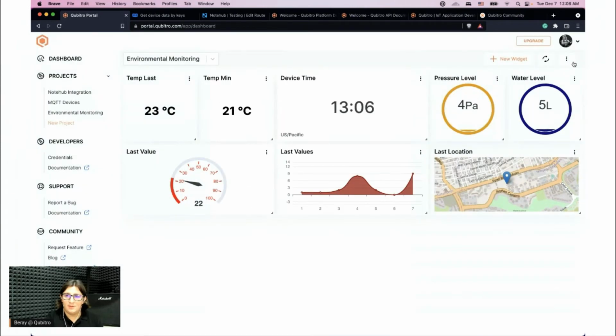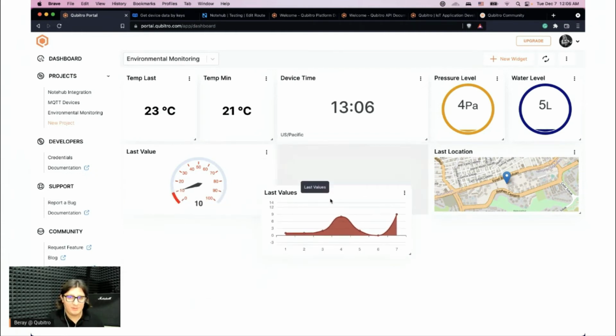And this is an example dashboard that we prepared from several devices. These devices connected through MQTT. These devices were also integrated from the Things Network, of course, as well as Notehub for this demonstration. But the idea is you can easily visualize all these values, no matter where they are coming from, on our dashboard. So this covers simple monitoring, or building a simple dashboard for your IoT devices.